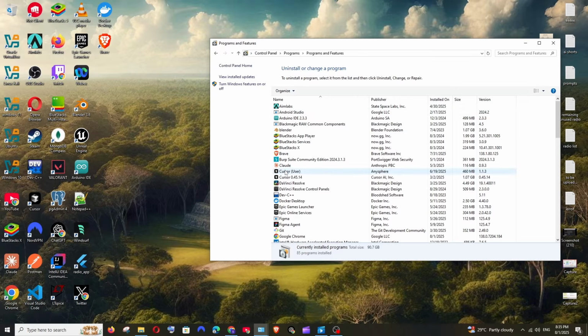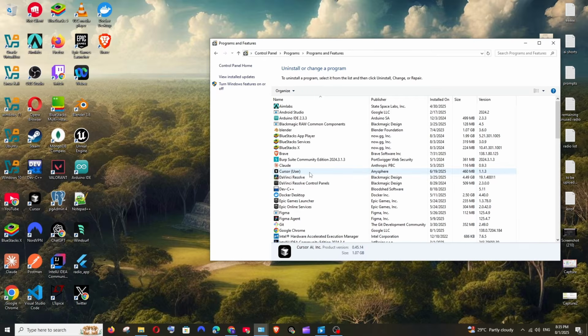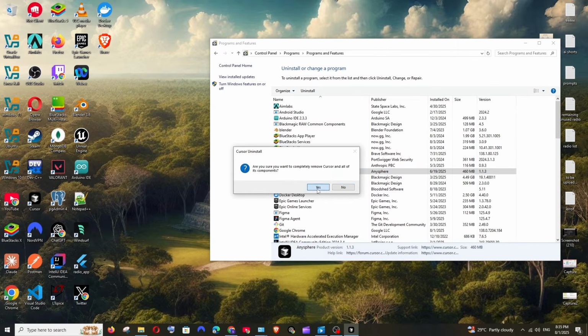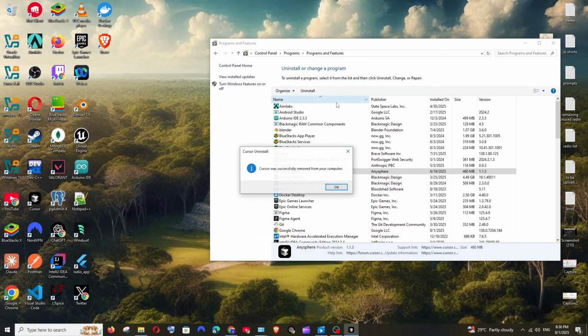Here we will be having two things, two Cursor entries. Right click and select uninstall for both. Click on yes and do the same here also. Click on yes. That's it. This will take some time, and after uninstalling it from control panel there will be some folders which we need